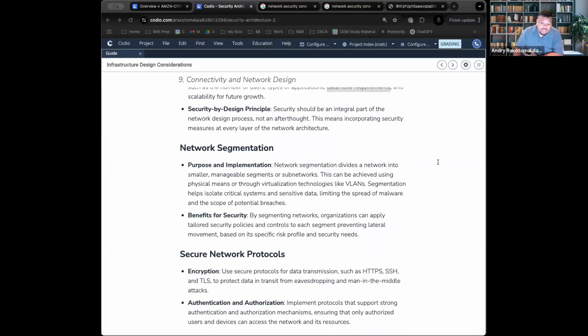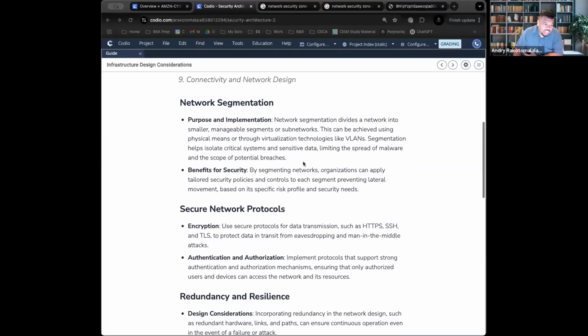One of the best ways you can do that is through what we call network segmentation. As a reminder, network segmentation is a concept of dividing your network into different and smaller segments. How do you do that? Well, you use what we call a VLAN, which stands for a virtual local area network. It's essentially putting a logical bucket or guardrails on a specific department. Other ways you can do that is through subnets. So if you've ever talked about IP addresses, you can put them in different subnets that divides them accordingly.